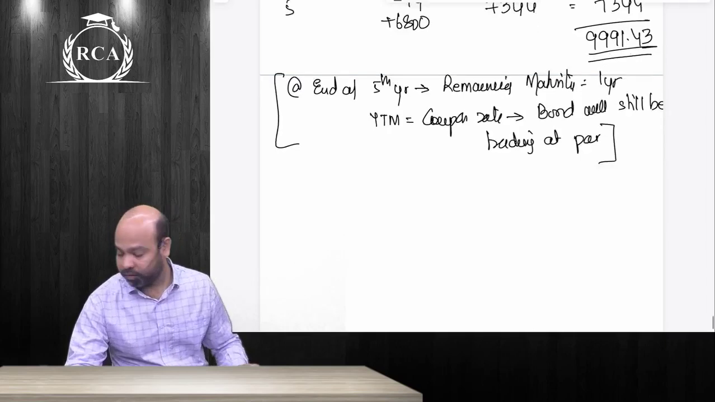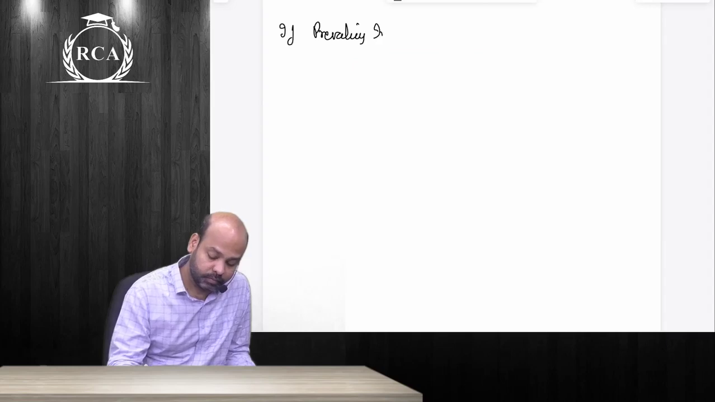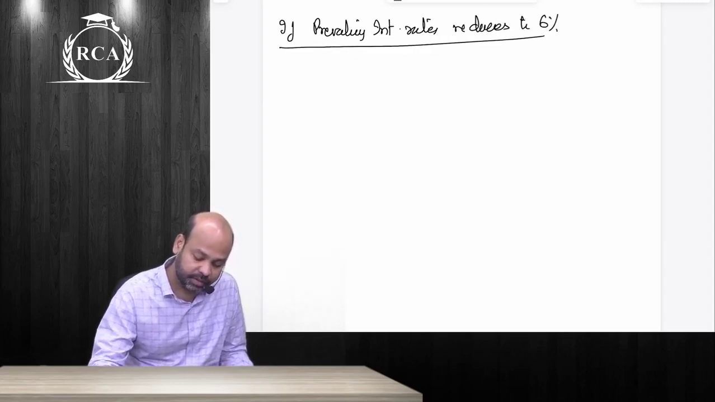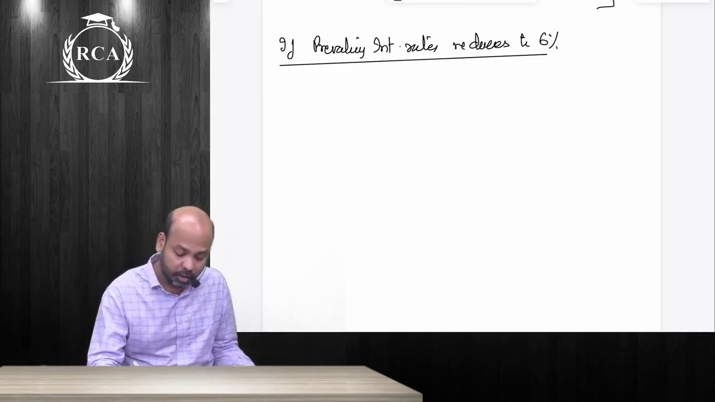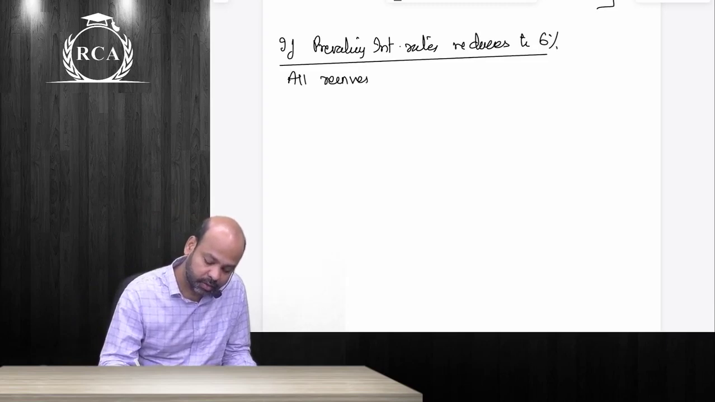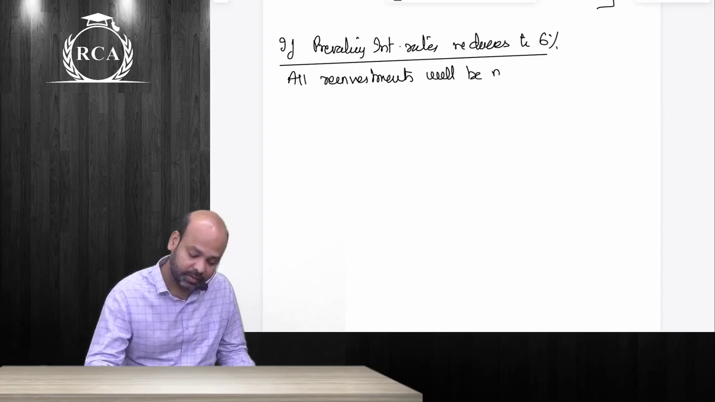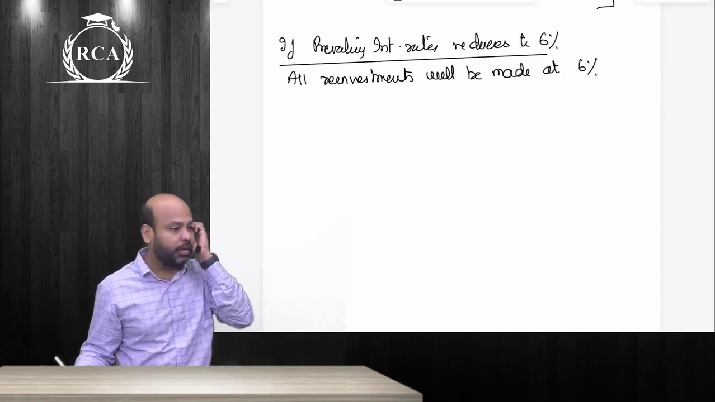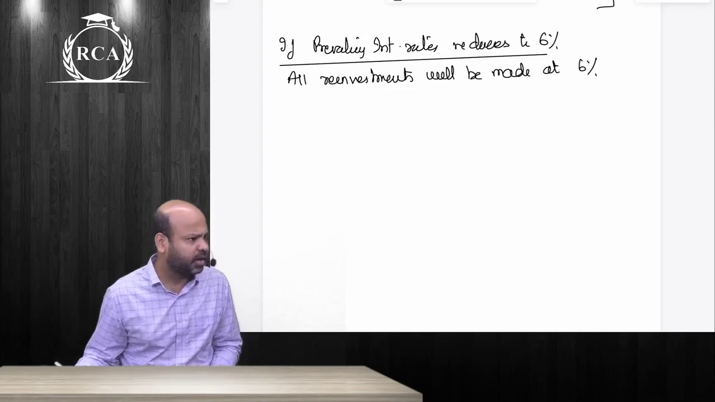Are we all done with this? Next, beta, write down: if prevailing interest rates reduce to 6%. Now do not forget, beta, all reinvestments will be made at what rate? Smart guys, all reinvestments will be made at 6%. So if your reinvestments are being made at 6%, guys,